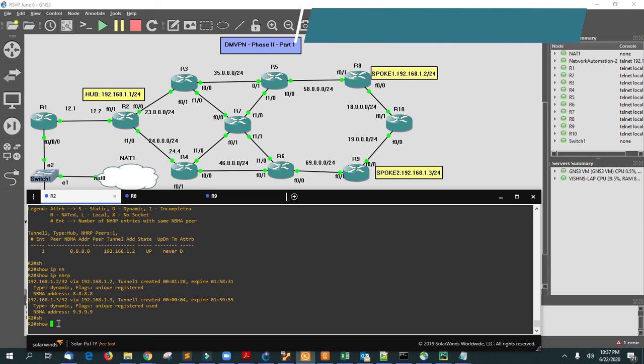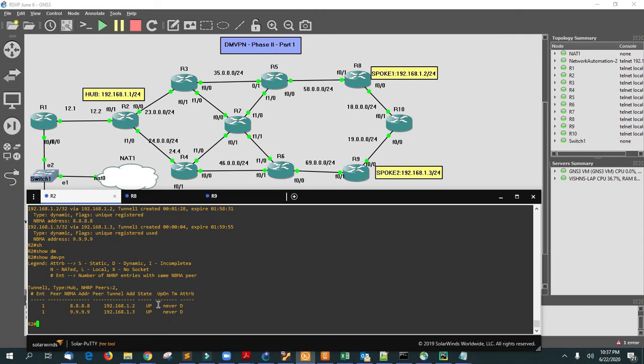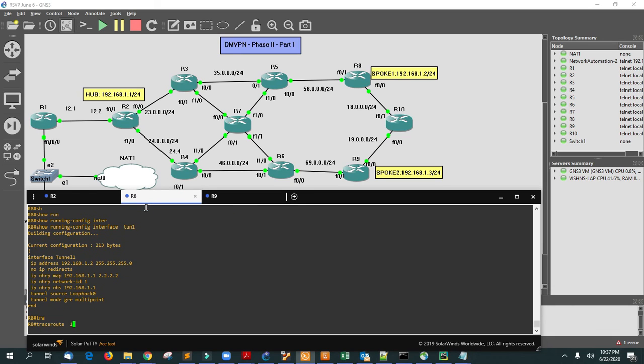Show dmvpn. Perfect. Now let me try to trace 192.168.1.3. The first time the traffic will come via the hub, meaning the traffic from spoke R8 to R9 will be routed by the hub. Let me show you one thing. 1.3, enter.